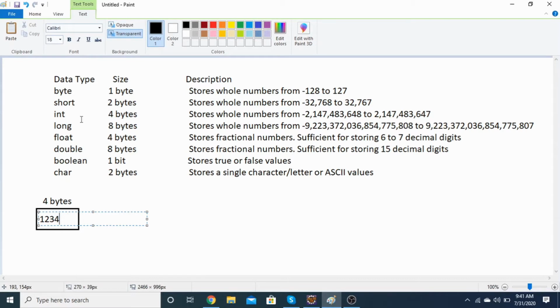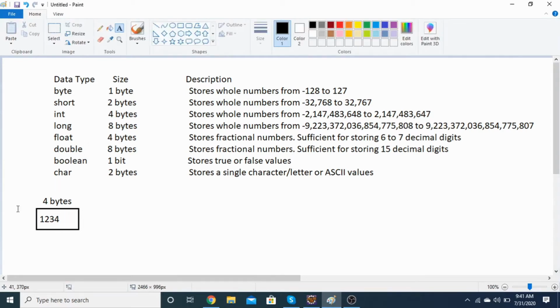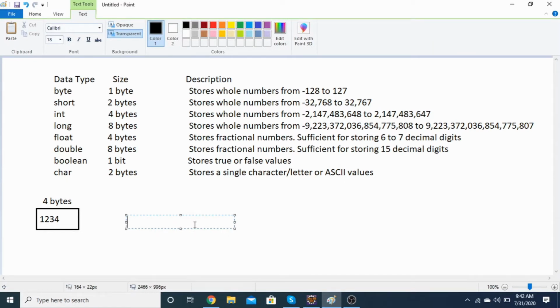But then there has to be a way to call it out, right? I should be able to call this memory block, or give an address to this memory block, or somehow I should be able to use this number. So for that, we had to define something called variables. So what are variables? Variables are names which are given to the memory blocks which are storing the values. So that if you have to use the values inside the memory blocks at any point of time in the programming language, you can just call it out with the variable name. So in simple words, I will name this particular memory block as A.